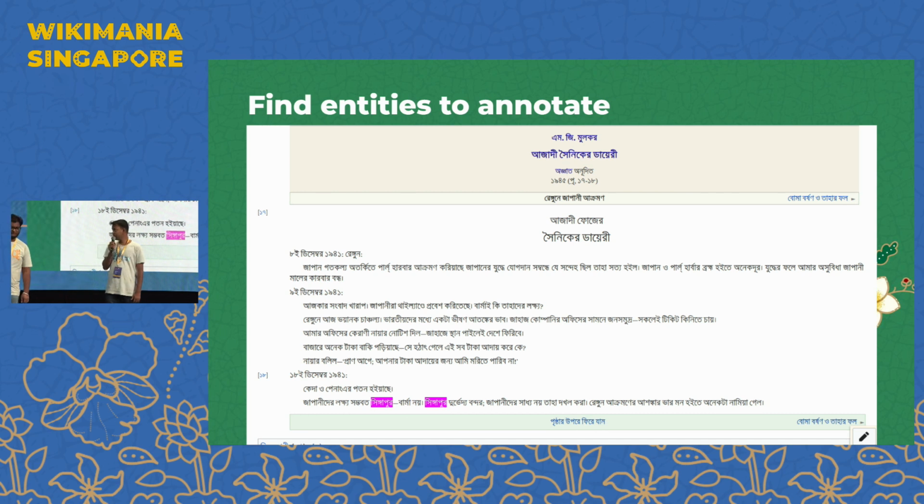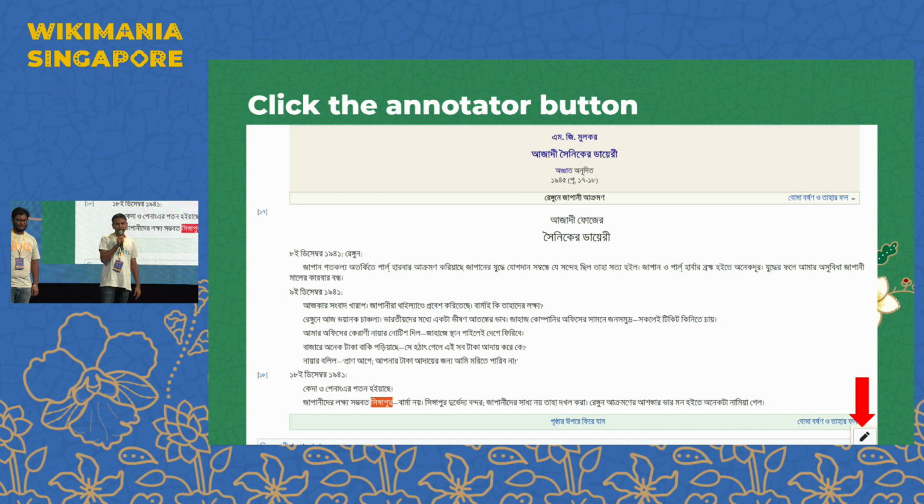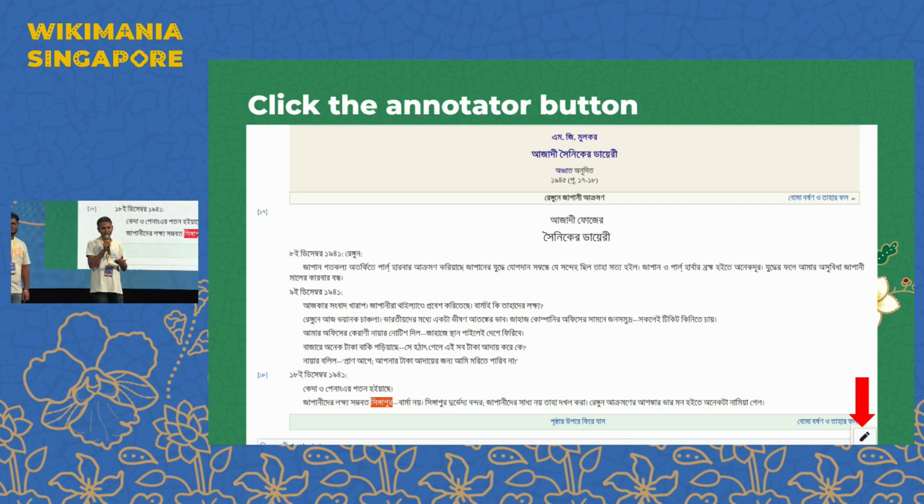So this is one example in a Bengali Wikisource page where the word Singapore is written in pink color below, and you need to find the entities first, because you are going to link that to a Wikidata item. Then there is a button, which is an edit button now, but we are going to change it into a link button later. If you click on that button after selecting one word, any word like Singapore here,